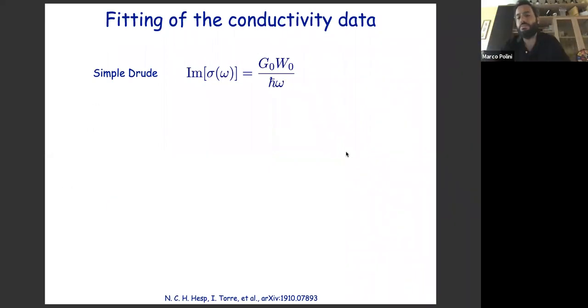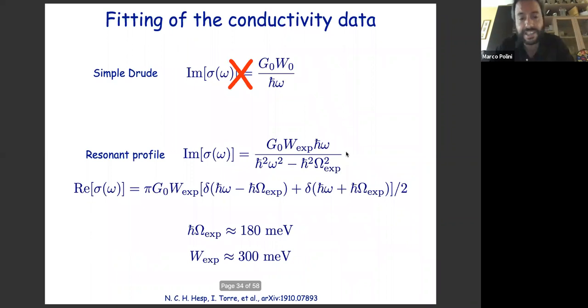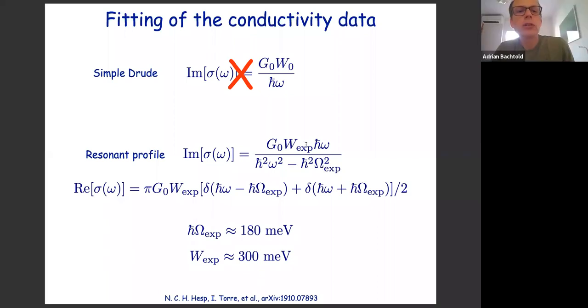So, you know, the simplest thing you can think of is to do some very simple Drude model, as every guy doing plasmonics would like to do, and this doesn't work at all. These are the dashed lines, which provide a very, very poor fitting of the data, right? And so we instead try to fit this data with a resonant profile, which is written here in the slides, in which the imaginary part of sigma, in units of the conductance quantum 2e squared over h, contains two fitting parameters: the position of the resonance in the denominator, omega x, extracted from experiments, and